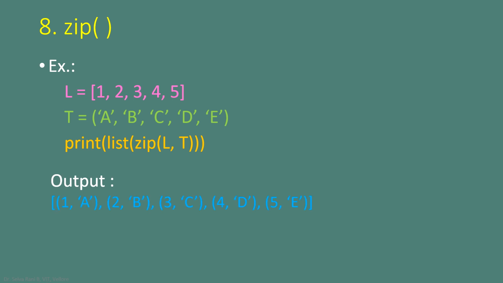The output is a collection of tuples inside a list. Each tuple is going to have a pair of elements, where the first element is obtained from the first sequence, that is the list, and the second element is obtained from the second sequence, that is T. Each pair is enclosed in a tuple and all the tuples are